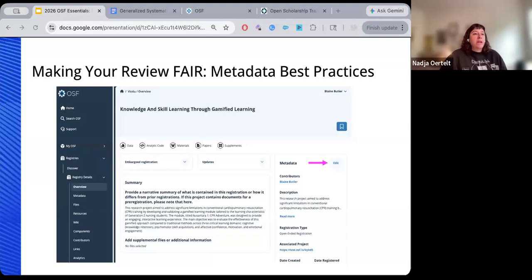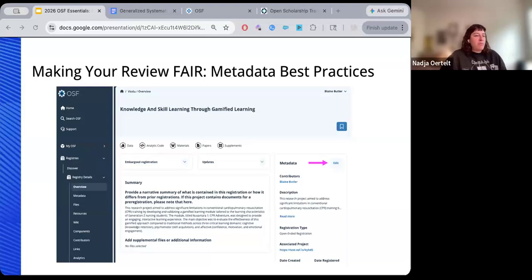The subjects and funding metadata fields are really designed to help connect your registration with external systems. So if your research is funded by an organization in the Crossref funder registry, you can add that funder information, and it enables them to find the work that they funded, and can help support compliance with mandates that they might have.